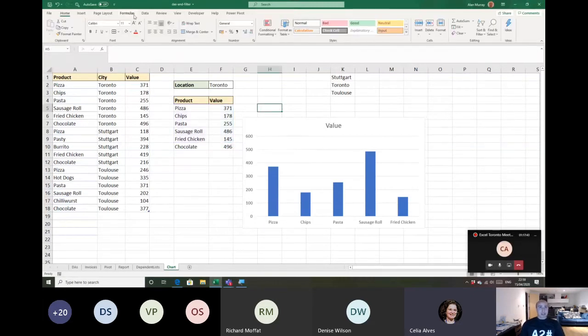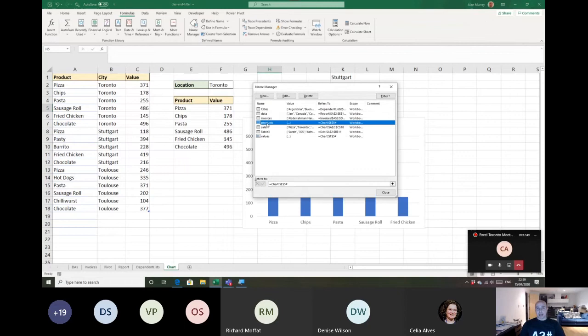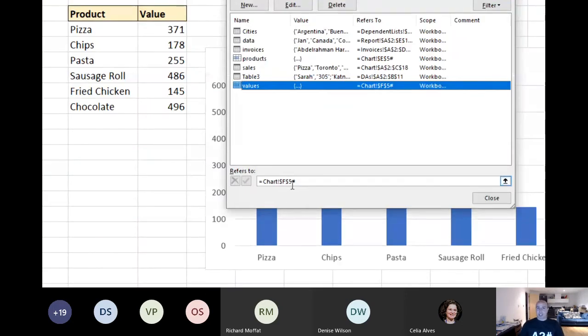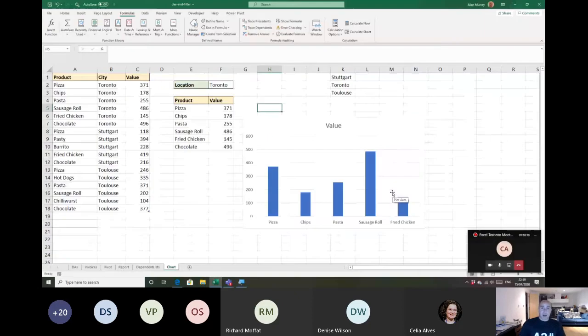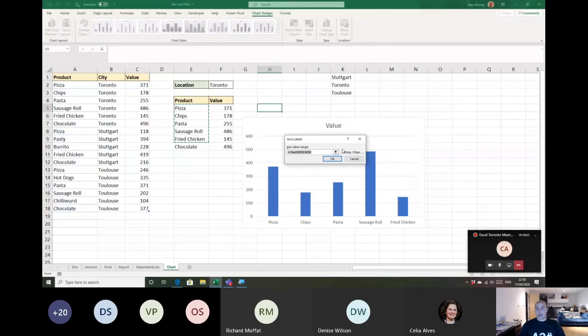No problem. So if I just go back a step, then in the name manager, all I did was I set up this products name. If you can see at the bottom, I've just referenced E5, the first product with a spill operator, and then values the same thing. If you can see that, got F5 and then the spill operator. So 371 spill down. And I created those two names. So then I could select my chart, come into select data, and for both the values and also for the axes, if I edit the axes first,